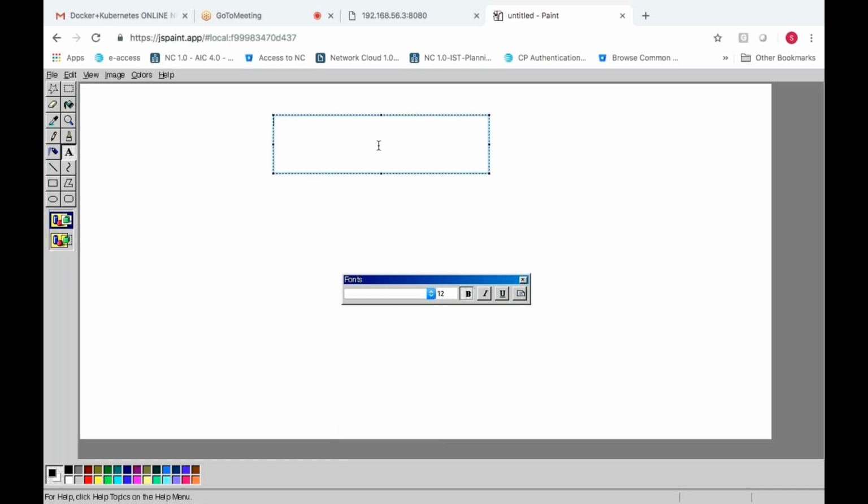Let me increase the size. Okay, Docker engine. Okay, something we are talking about. So what we are trying to understand is